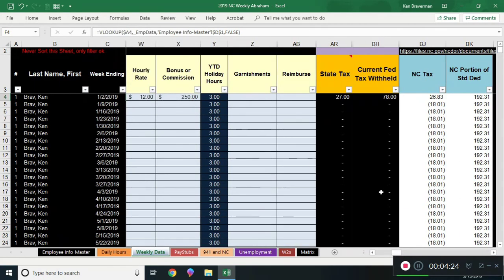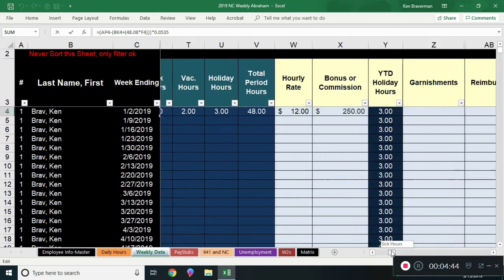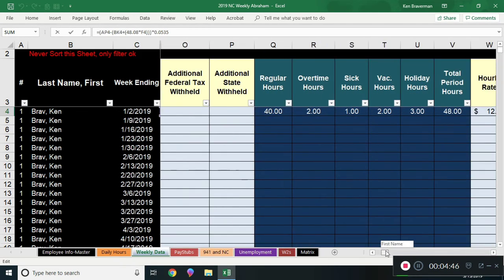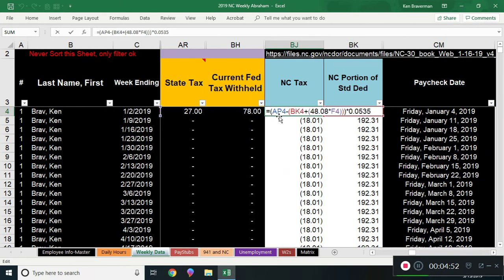And when you do that, this formula here just adds that 48.08 times the number of allowances, adds it to this North Carolina portion of the standard deduction right there. And you're going to subtract all that from your gross wages. So if you just look in this formula, what cells it's talking to, it's saying go to gross wages, which is hidden. I have it hidden in the middle there. Gross wages is the AP4 cell, and you're subtracting out, and there's some parentheses in here to make sure that you're adding these two things together before you subtract them from that big number, and that it's all wrapped up in parentheses, and you multiply it by